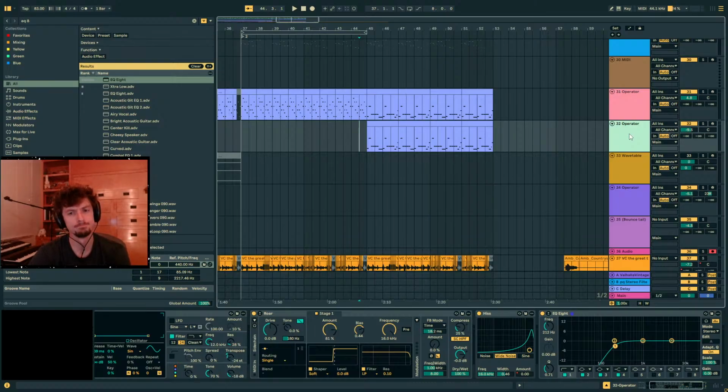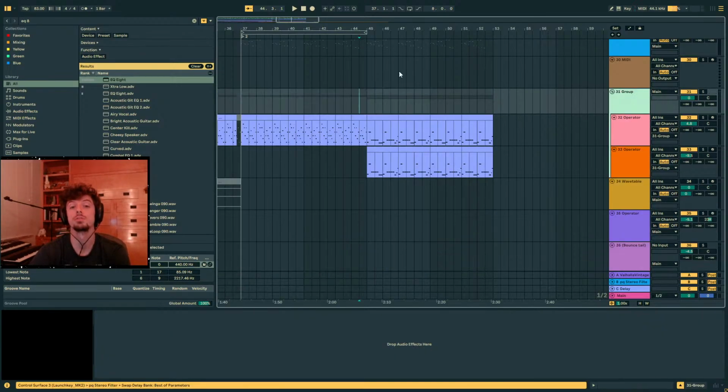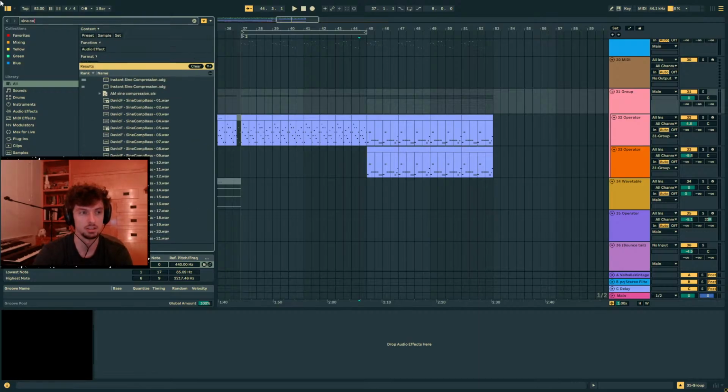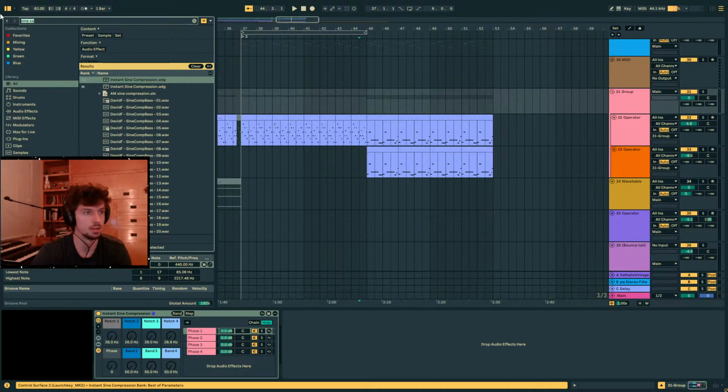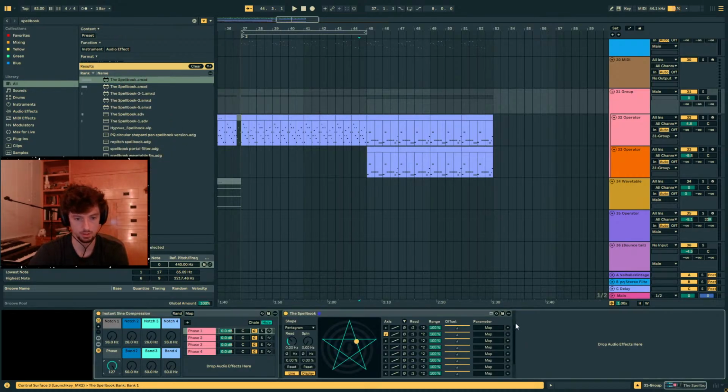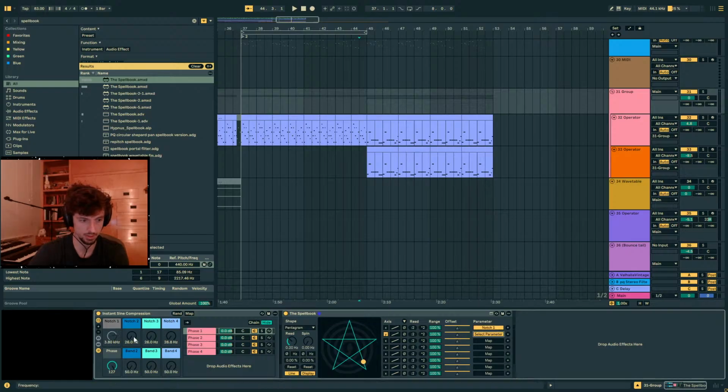Let's group all this, and then let's put instant sine compression, and then Spellbook, and then crank the phase up, and then let's just map this to everything. I'm unmapping stuff by accident. I need to just make this a rack already. I don't know. Let's